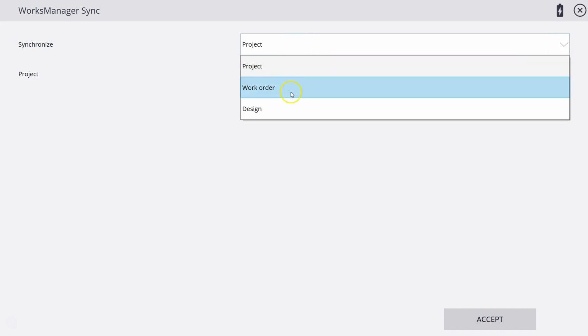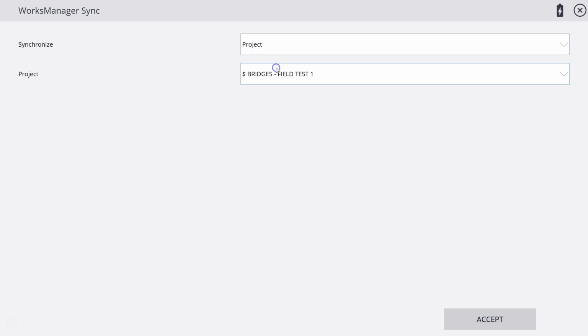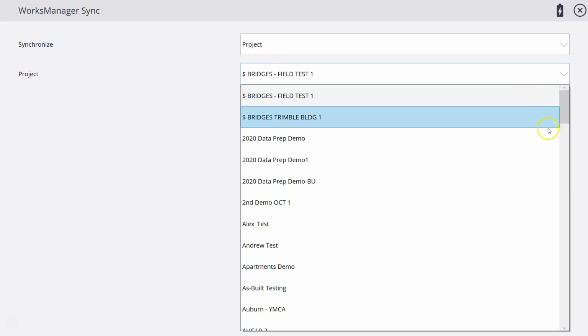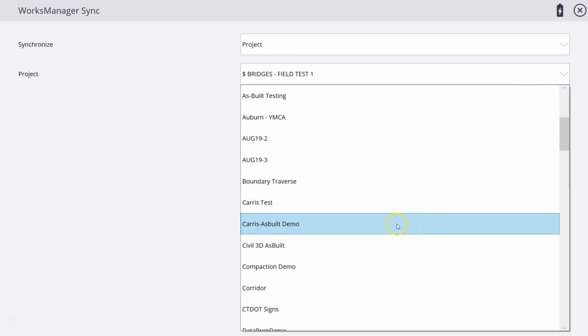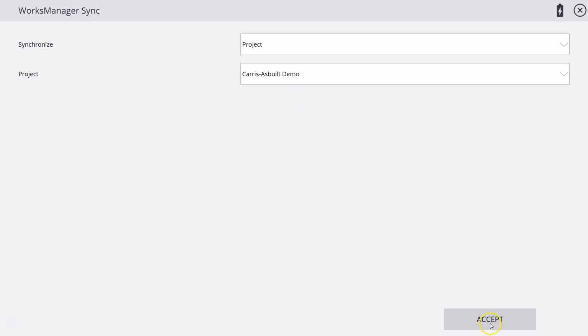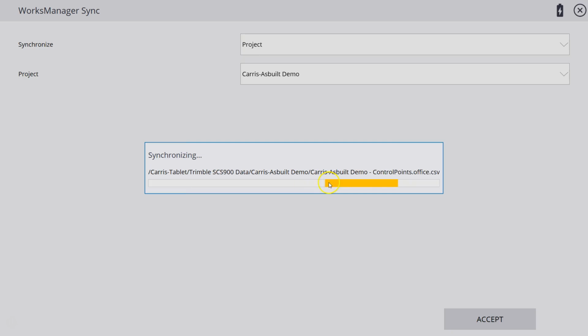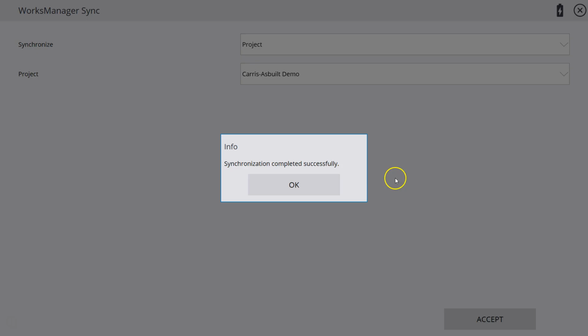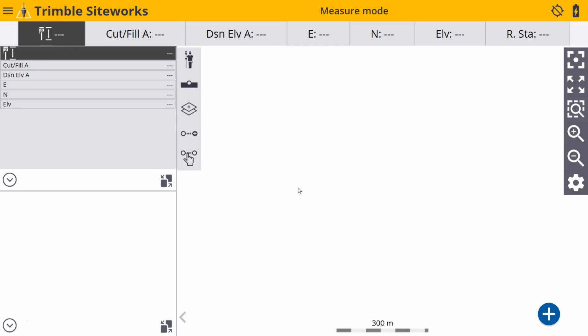You can see I can either do a work order, a project, or a design. We're going to do project. I'm going to come down here, and it's reached out to WorksManager, so it's showing me that here's that Keras as-built demo. So it's going to synchronize. I'm going to click accept. Now we want to watch here. It's going to go quick. You can see that it brought in some data. It synchronized it successfully. I'm going to click OK, and that's going to take me back out to my standard